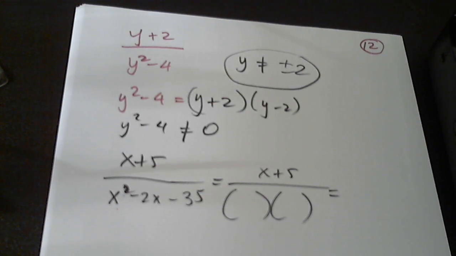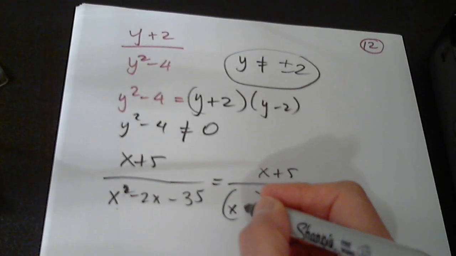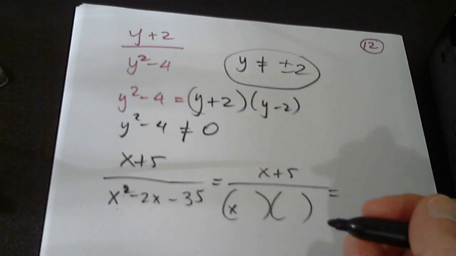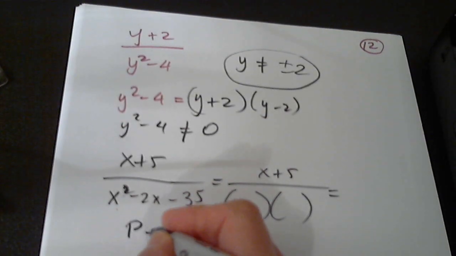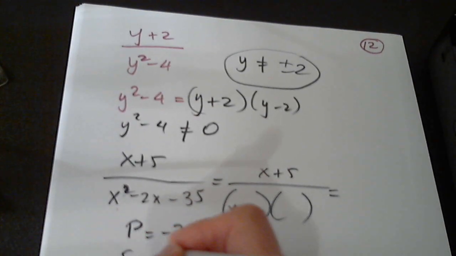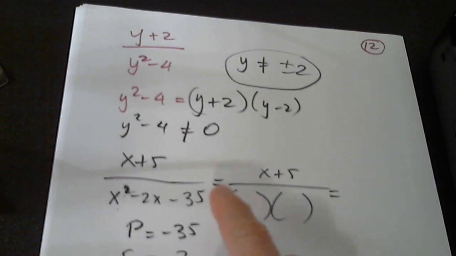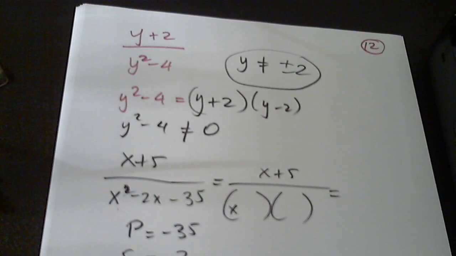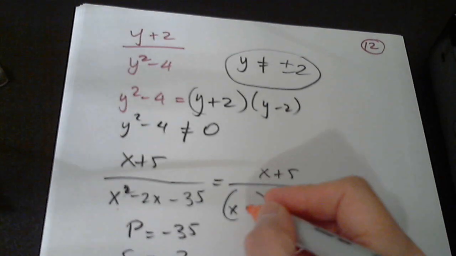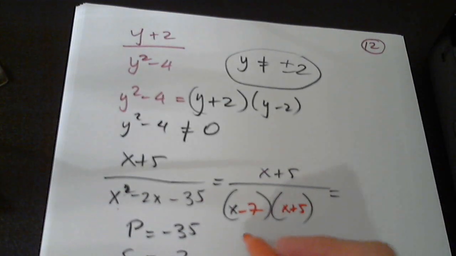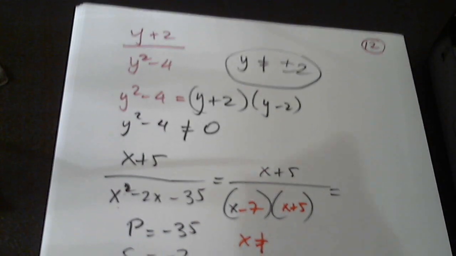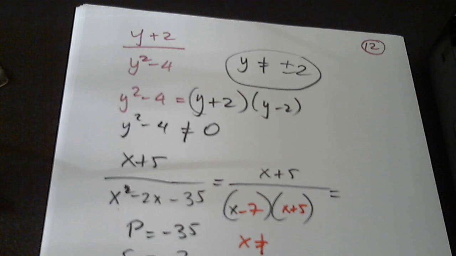I couldn't hear you. x plus 2. So the product is -35 and the sum is -2. We need two numbers whose product is -35 and whose sum is -2. -7, +5. Thank you very much. So then x cannot be and x cannot be. Before I simplify, I have to write the restrictions. x cannot be